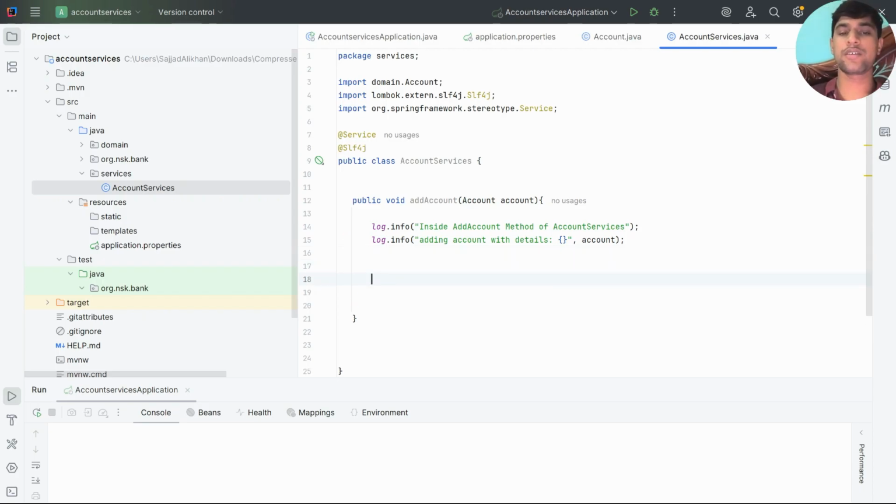Now, so we are inside the account details. Now what we are doing, we are adding the account with the details. Okay. So before adding the account details, we have to cross check whether the customer is onboarded to the customer service or not. Okay. So we need to check. So here, let me add a